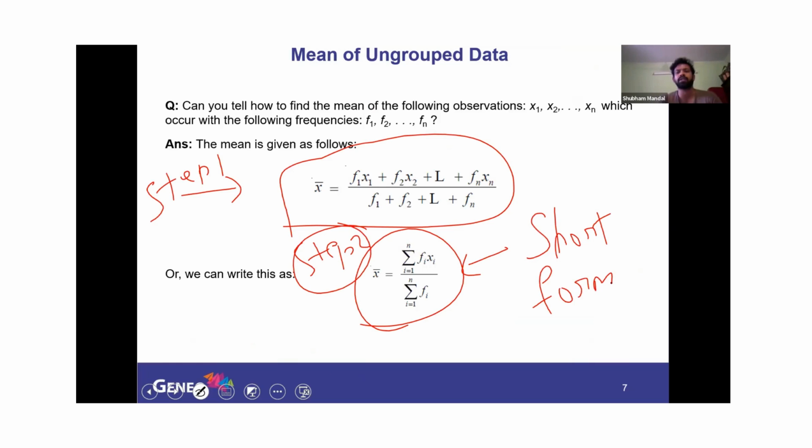If I'm saying that f1 are the frequencies, or the number of times something occurs. L, okay, that is a typing error. It's not L. So it is f1 x1 plus f2 x2 plus f3 x3 plus f4 x4 and so on till fn xn. L, I don't know why it came. It's a typing error. Divided by f1 plus f2 plus so on. See this, that is what should have come there.